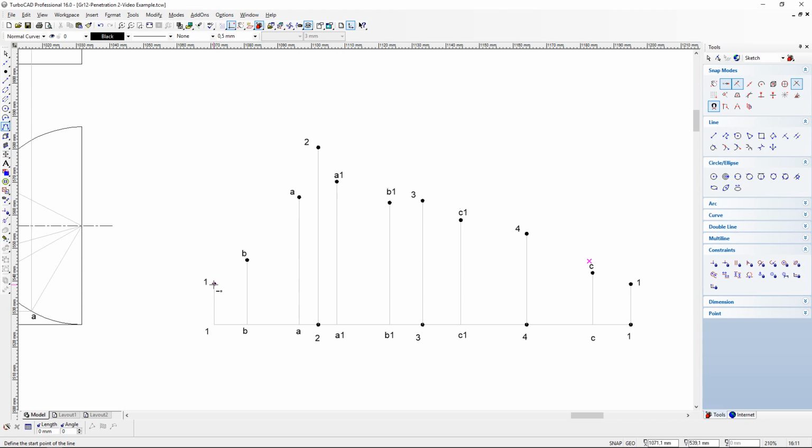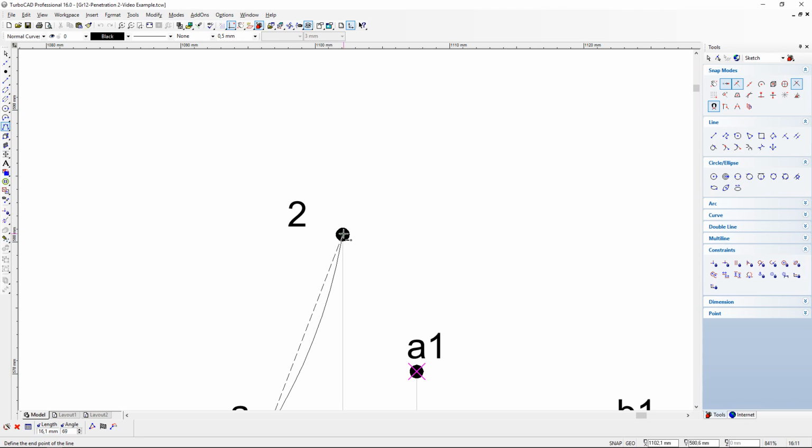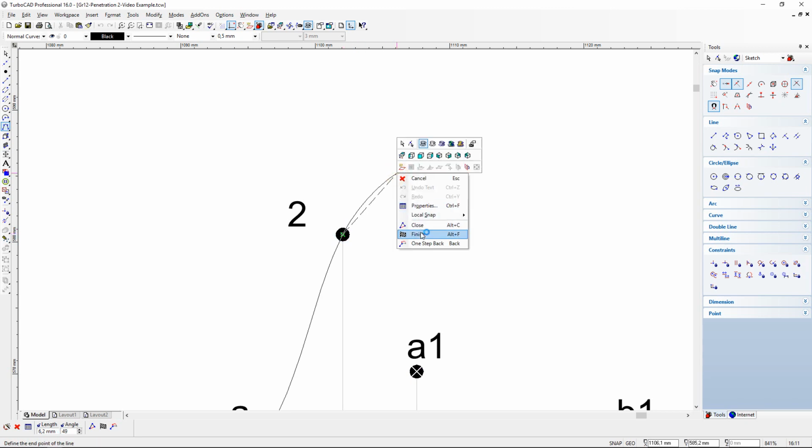So from number 1, I want to now go and draw a Bezier tool curved line, and on paper obviously you will use your flexi curve or your French curve to do this, and then you will snap to each one of the center points. You just go one step back and just stop it there, so finish,